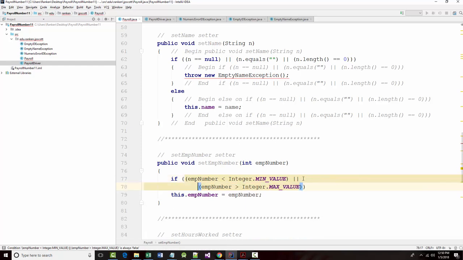So if I put in anything that's either too little or that's too big,